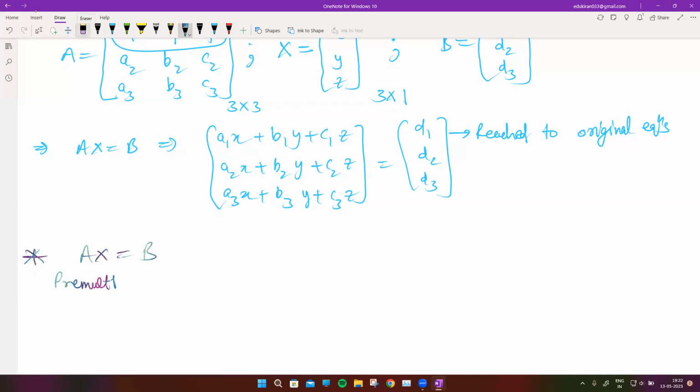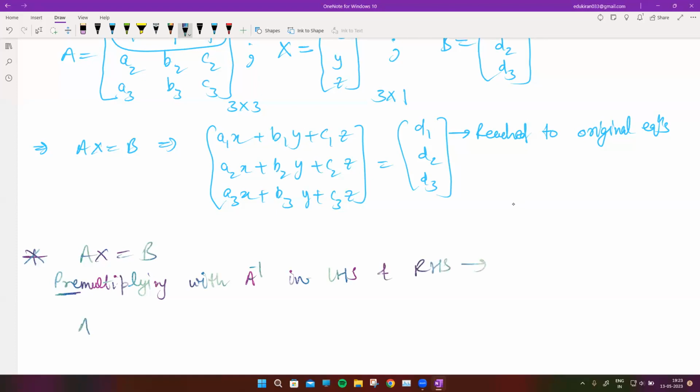Pre-multiplication means we are taking that thing first. Post-multiplication means we are taking that thing last. So pre-multiplying with A inverse in LHS and RHS. I'm basically multiplying this whole equation with A inverse, but I'm pre-multiplying it, which means